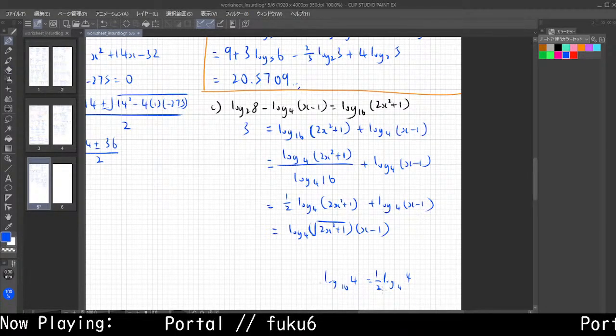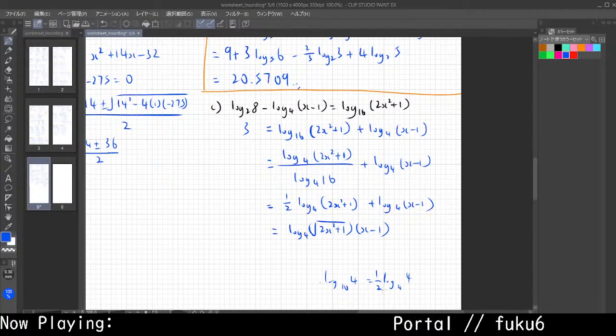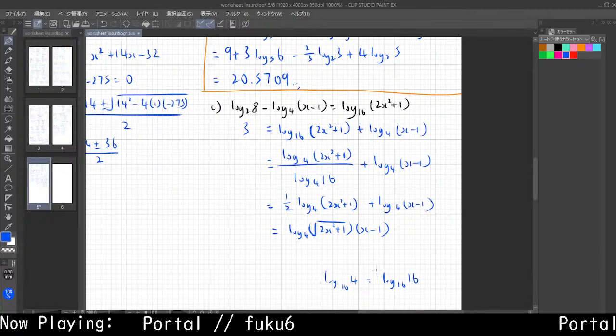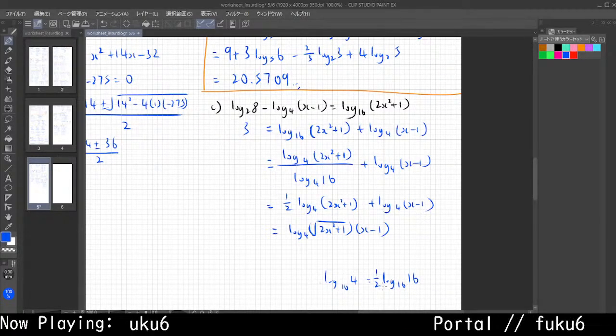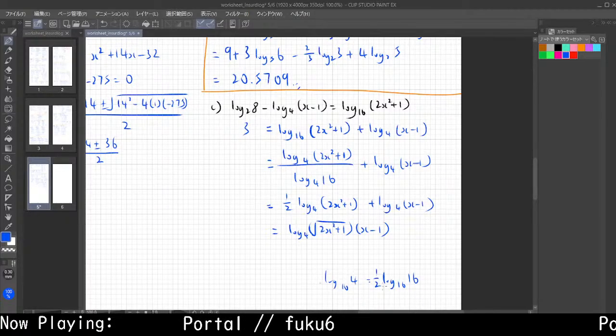Yeah, correct, this is correct. Then it's actually just log base 16, 1 over 2. Yes, this is correct. So you get a square to the x minus 1, and then